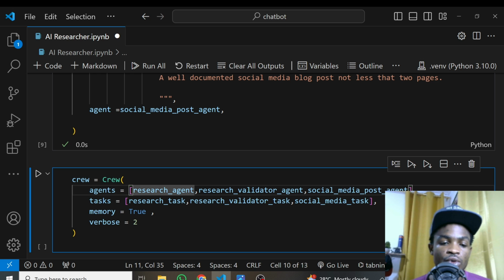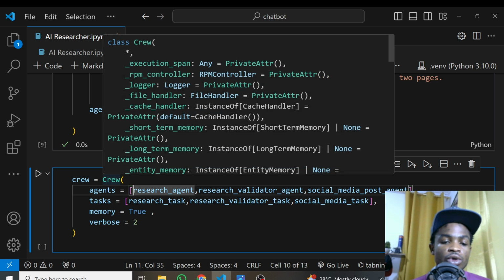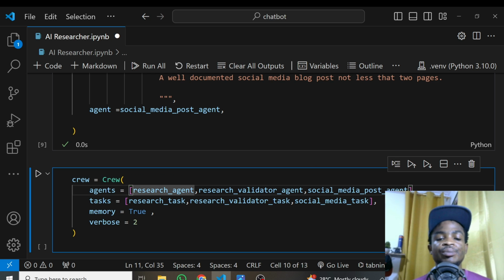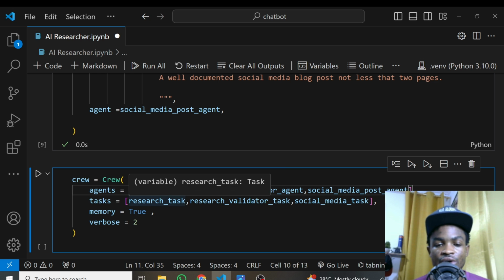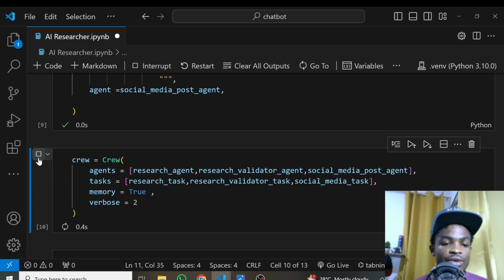Finally, you can see verbose here is not set to true or false, but it's set to 2. For the crew, the verbose is between 1 and 2, and setting it to 1 or 2 depends on the details you want to see about the outputs. When you set it to 1, you see some detail, but when you set it to 2, you see much more detail about how it's executing the tasks. That's why by default I put it at 2 so that we can see whatever is going on. So this is how you create a crew, and crew just helps you assemble your agents together and all your tasks together. So let me quickly run this,